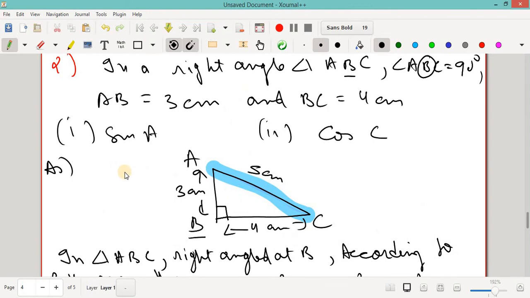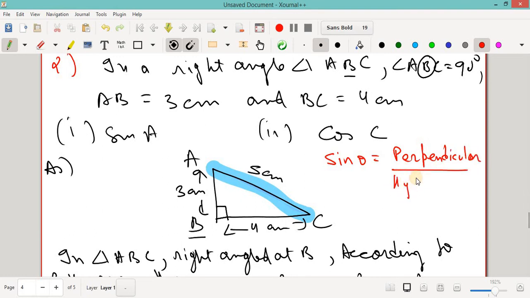What is sin A? Let me do right now some sin theta. I'm going to do it here only so that we can understand what is sin theta. Some people have, that is sin theta, perpendicular by, some people have hypotenuse. See, no need to learn by heart. In examination you can just recall easily. If there is confusion when you are giving the exam, just recall some people have.